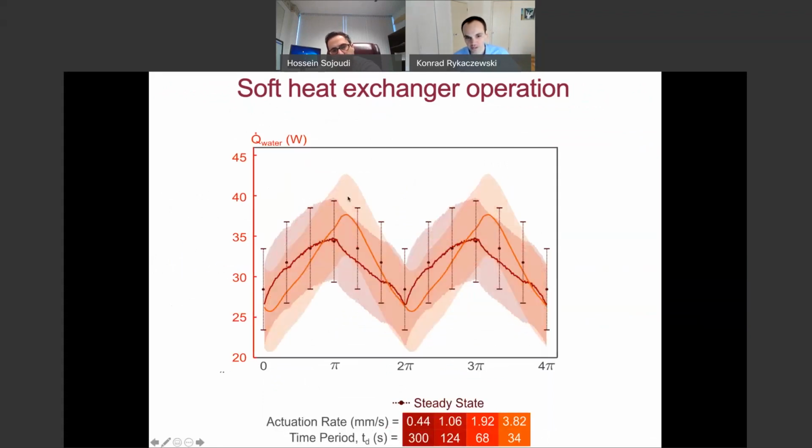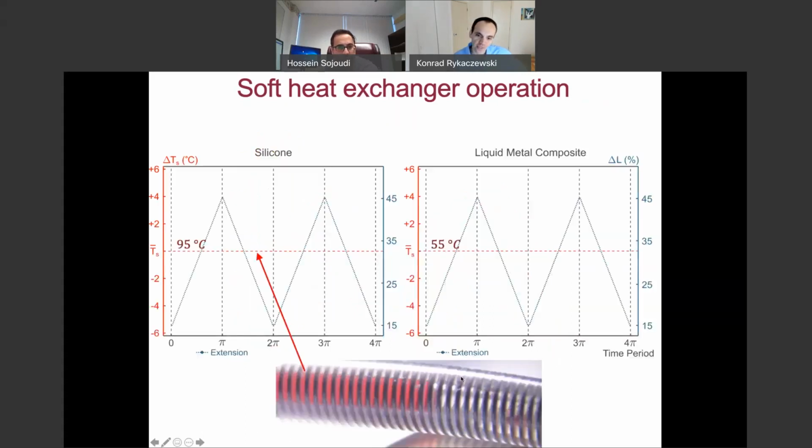If you clean it up and look at the extremes, you see some kind of a trend, but the data is a little bit buried within the error bars. So what we did instead was look at a more sensitive metric, which was the temperature of the spring itself, which we could get through its resistance. And we did experiments for the tube being just made out of silicone and having about 20% of liquid metal in it. And the way we present the data, so that you can collapse it all in for different experiments with these devices moving fast and moving slow, is